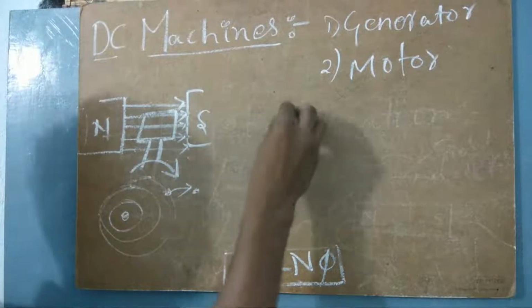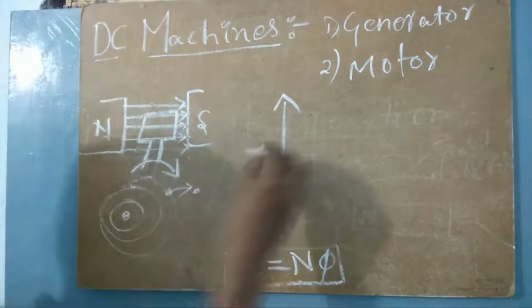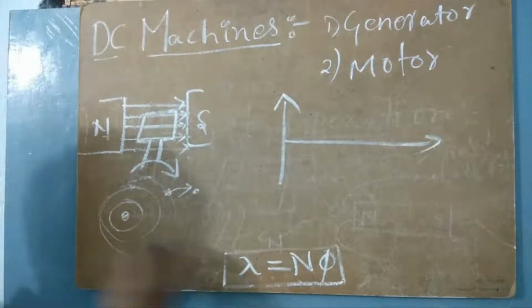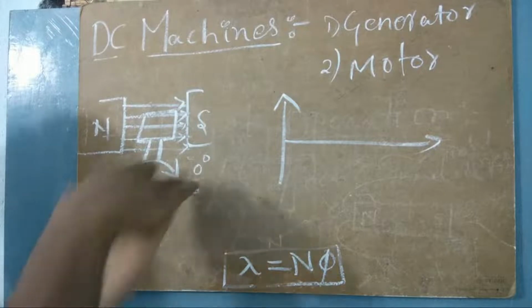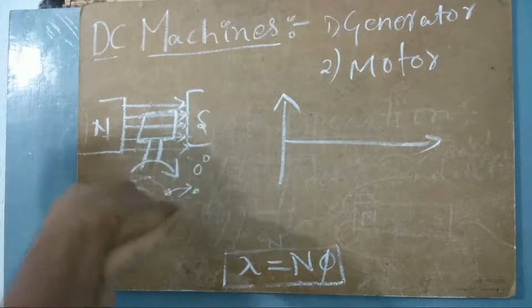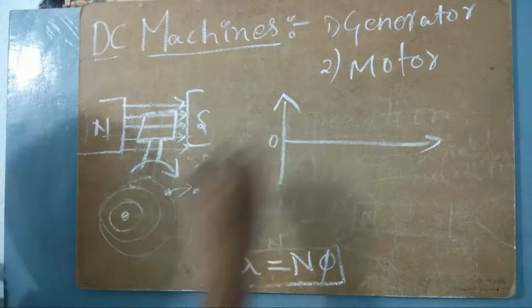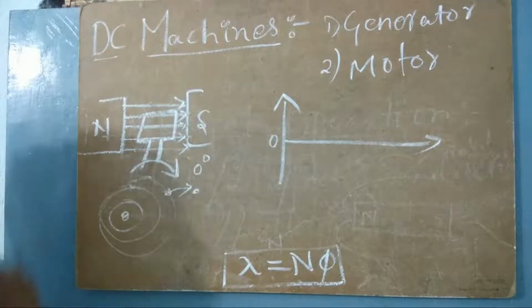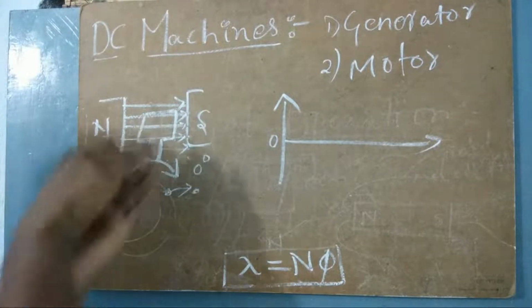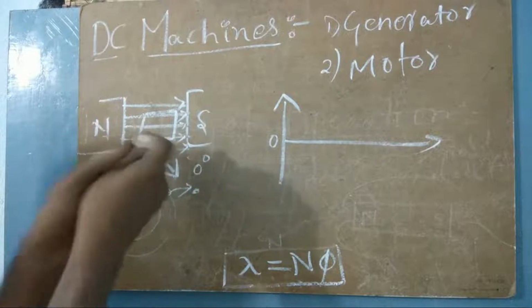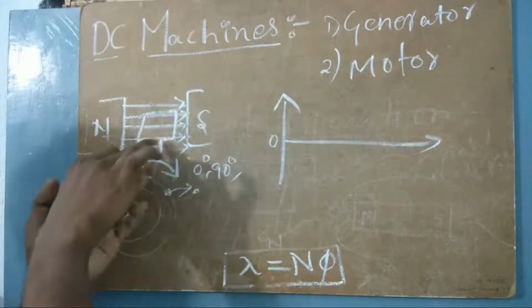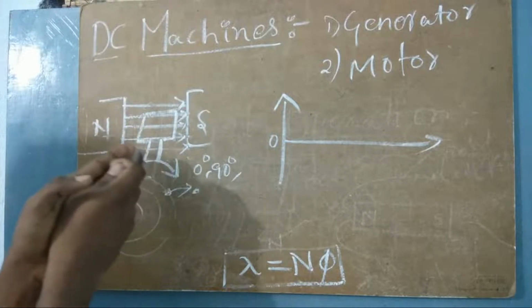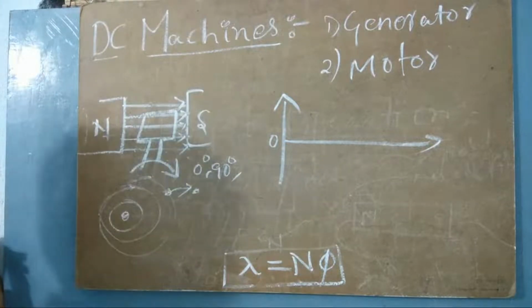So what happens eventually? When this is at 0 degrees, that means it is kept like this. It is not moving. So automatically we do not have any kind of voltage, because no voltage is produced. When this is twisted or turned to 90 degrees, what happens? Automatically some EMF will be induced. That is what Faraday is saying.